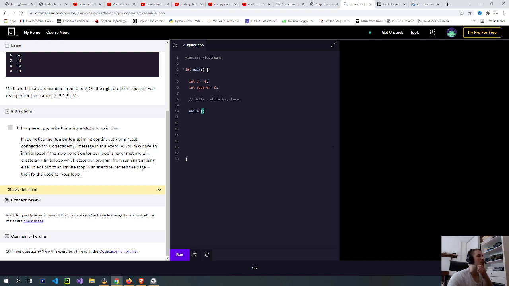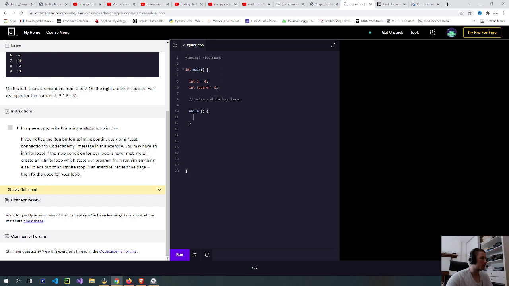So let me think about this. So I'm gonna have a condition that is gonna be true forever. Notice the run button spinning continuously or a lost connection to Codecademy message. This exercise may have an infinite loop. The stop condition for our loop is never met.